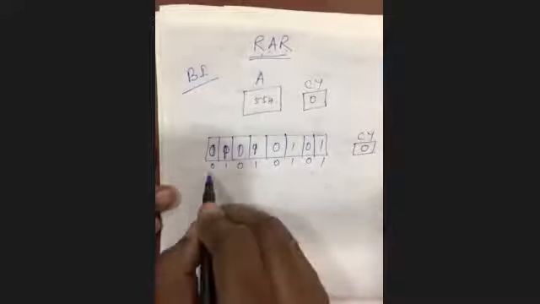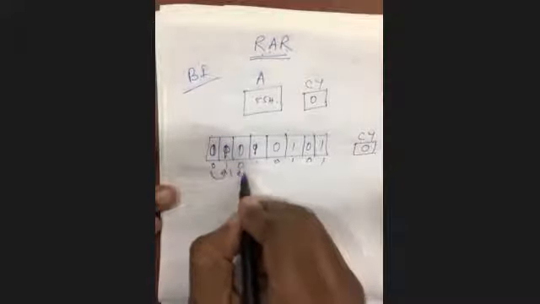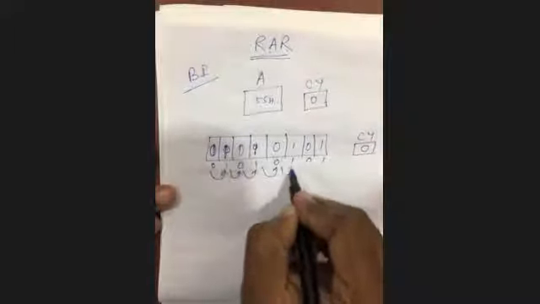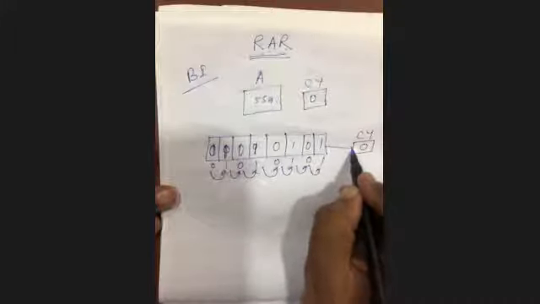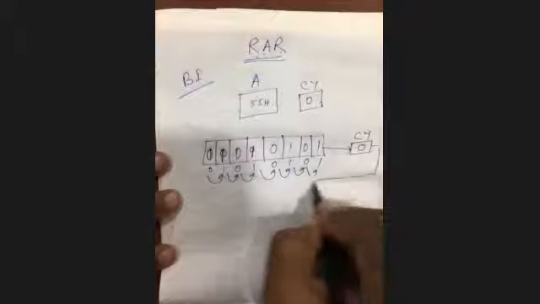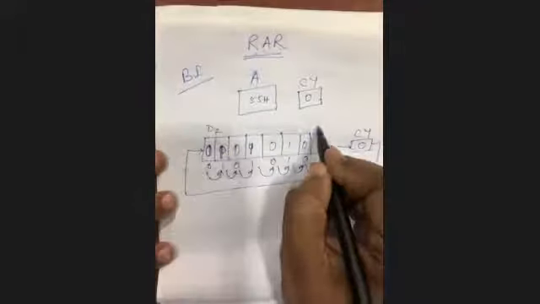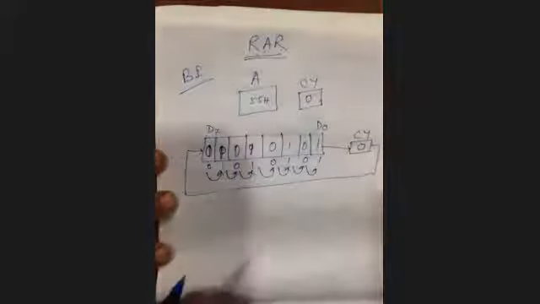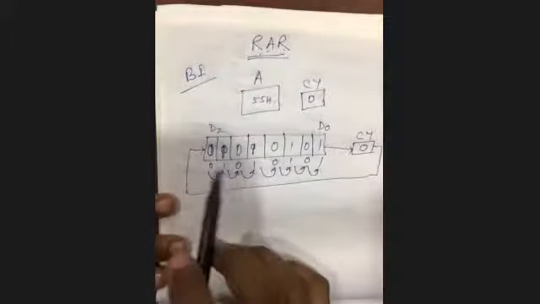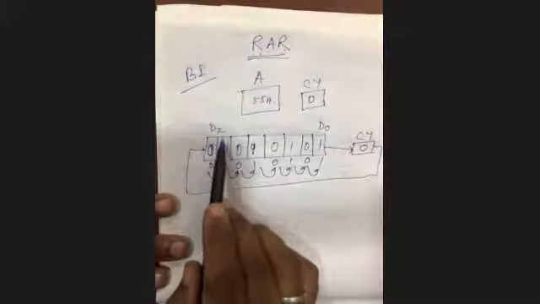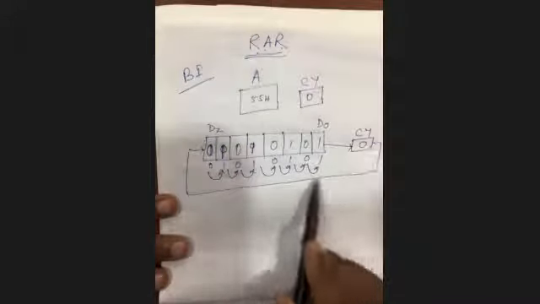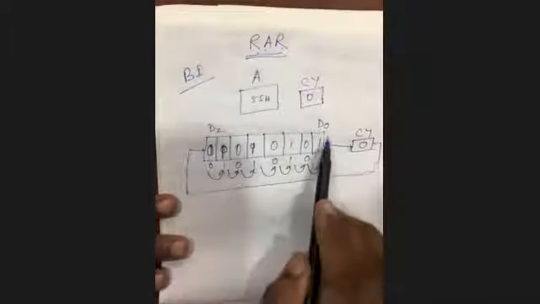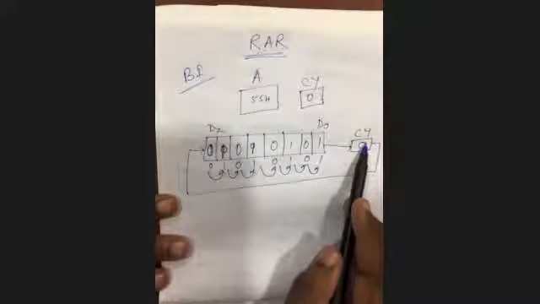All the bits will be shifted by 1 bit position, and this bit will be coming into the carry flag, and the carry flag content will be coming into the D7 bit. This is the D7 bit, this is the D0 bit. So the content of the accumulator will be shifted 1 bit position with carry, the content of the carry flag will come into the D7 bit, and the content of the D0 bit will be copied into the carry flag. Is it clear?